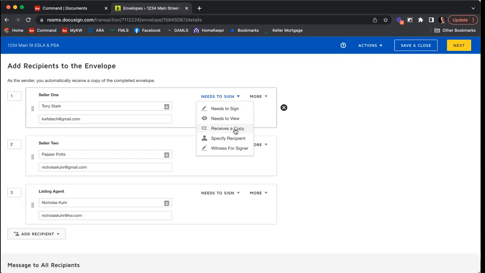You can also set up a potentially a closing attorney or a lender partner to receive a copy. So in that way, they can get those forms immediately as they're signed so they can start working on the file. But if you do that, I would recommend that you give that lender or closing attorney a heads up so that they know what it is that they're looking for. And then specify recipient, you will likely not use that. And then if you need to sign as a witness for a signer, you would set that up here. So 9 times out of 10 needs to sign is going to be a-okay to leave as your default permission. And then to the right of that, we have this more dropdown with 2 options: add access authentication and